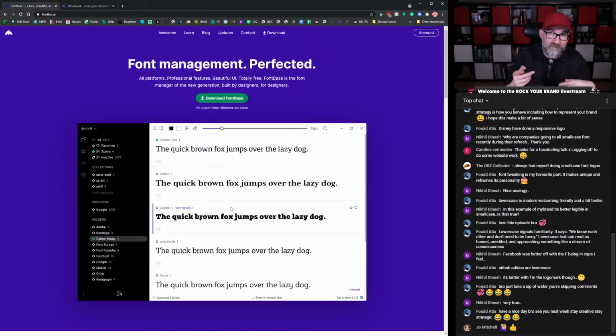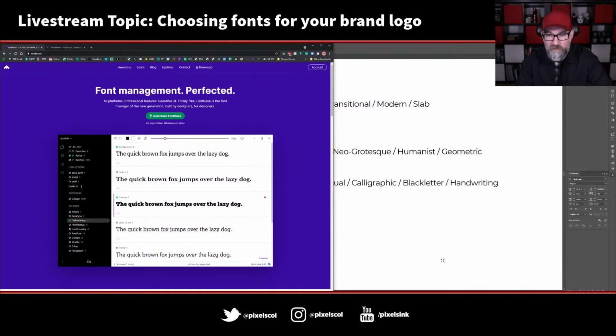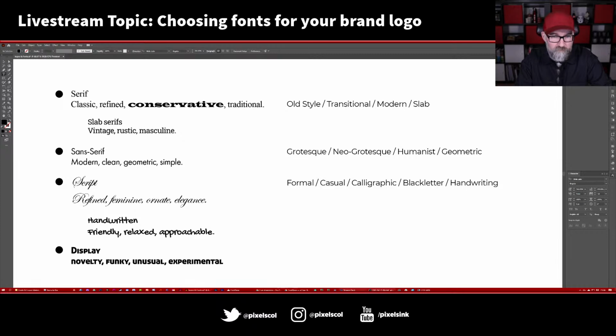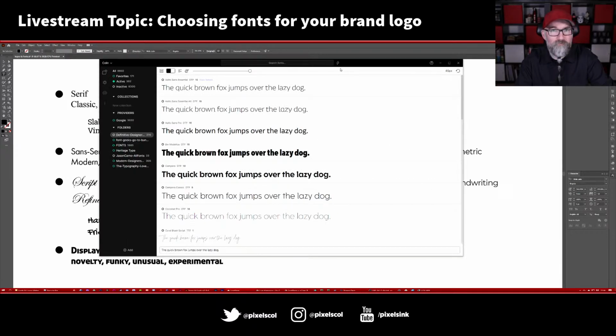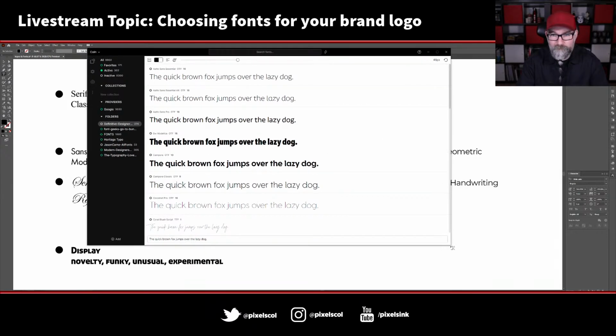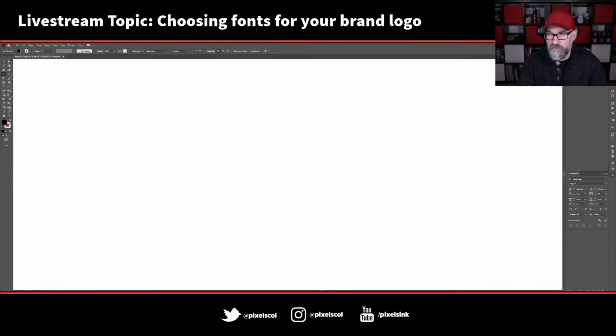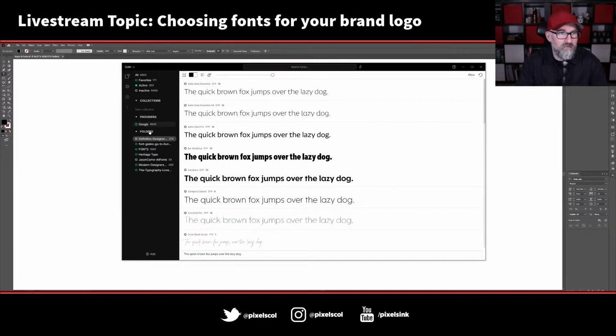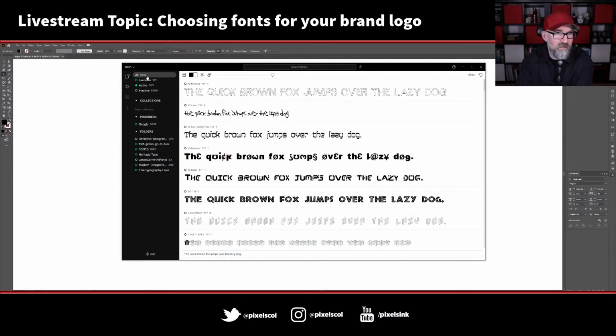But I can also manually activate and deactivate fonts, and I'll show you how that works if I bring up Fontbase. Let me just switch this off so we've got a clean background. So this is my Fontbase here. You see I've got 9,602 fonts. I can click on All and it shows all of the fonts I have.